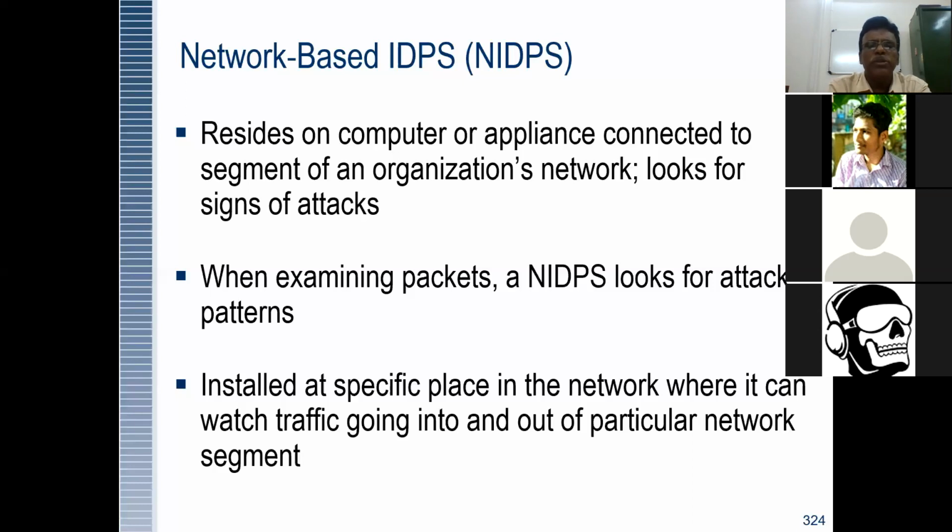We are not in a position to understand at what level or to what extent these are going to be attacks, suddenly and immediately, with various other senses of different types of devices or options. And we can make sure, in such a way, that some sort of standard is installed at a specific place in the network, where it can see the traffic going into and out of a particular network. You have observed the external router.